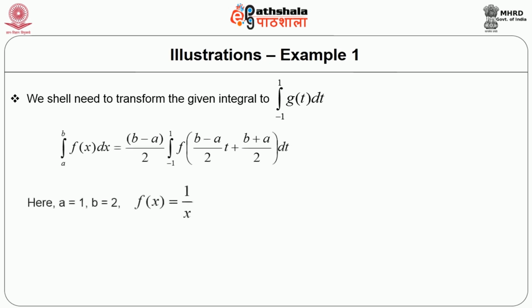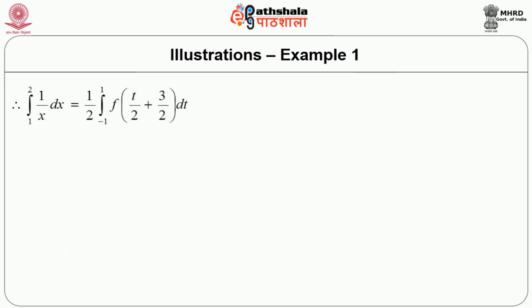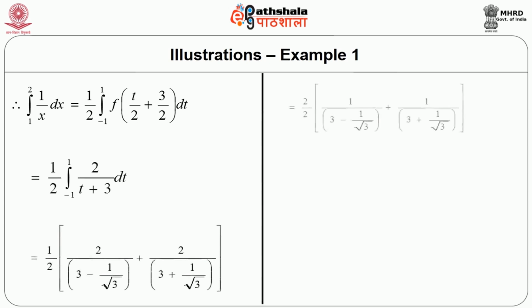But before applying, because the limits we are trying to find are 1 to 2, we need to transform our given integral to the limits minus 1 to 1. So, our formula is x equals (b minus a) by 2 t plus (b plus a) by 2. A is 1 here, b is 2 here. So, the transformation will be, with f(x) is 1 by x, the limits become minus 1 to 1 and we get x is (2 minus 1) by 2 t plus (2 plus 1) by 2. So, it is 1 by 2 t plus 3 by 2, that is, t by 2 plus 3 by 2. So, f of t by 2 plus 3 by 2, that is f of (t plus 3) by 2, dt